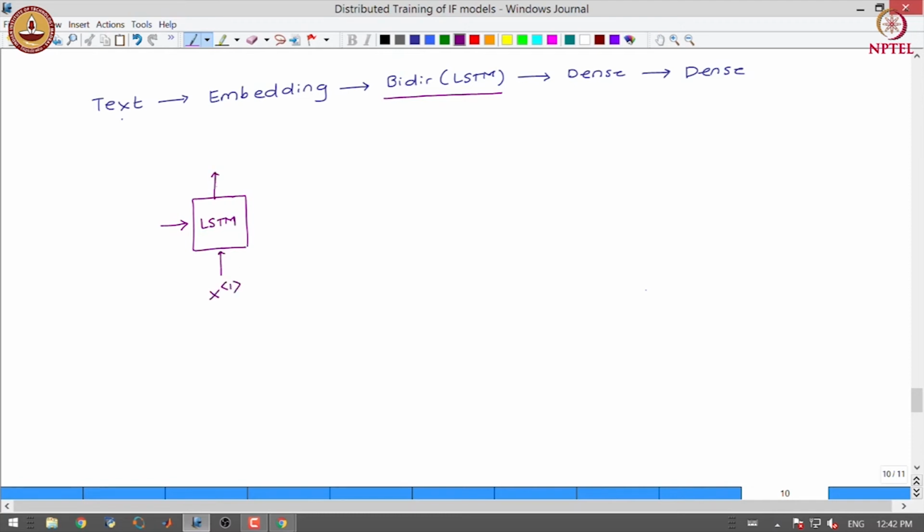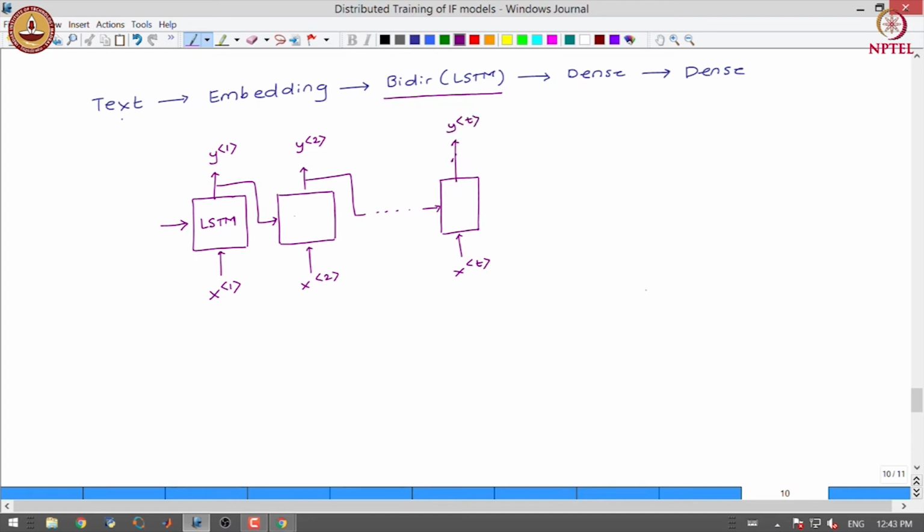So, we start with an LSTM model that outputs 64 numbers for the input at each position.